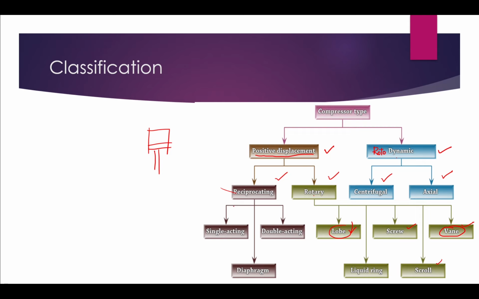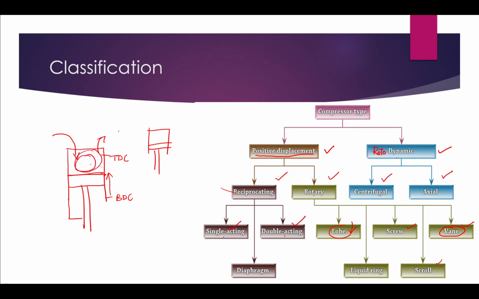Coming to the reciprocating compressor, there are two types: single acting, double acting, and also there is a diaphragm. Single acting, double acting means, say suppose there is a cylinder in which piston is there. Generally when it comes from top dead center to bottom dead center, air will be getting into the system, which is called suction stroke. When it is coming back to TDC from BDC, compression of air takes place at certain pressure. This air will get delivered. This is called single acting. Only one side of the piston is active.